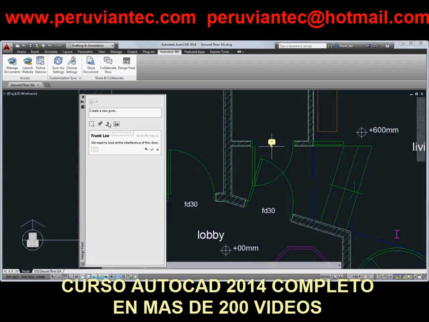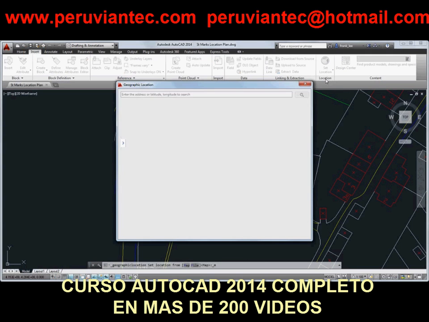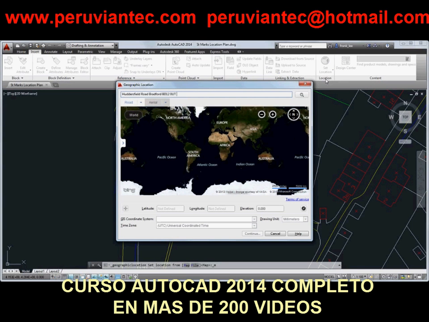We've improved support for working with geographic data. You must be signed in to Autodesk 360 to add live map data to your drawings. To add location information, you start on the Insert tab. I'll enter the address of the location I'm working with, drop the marker,